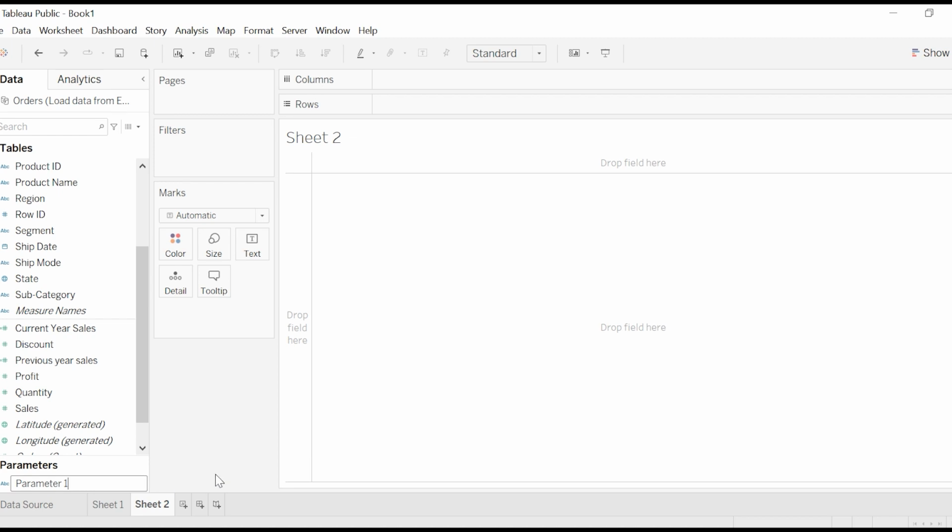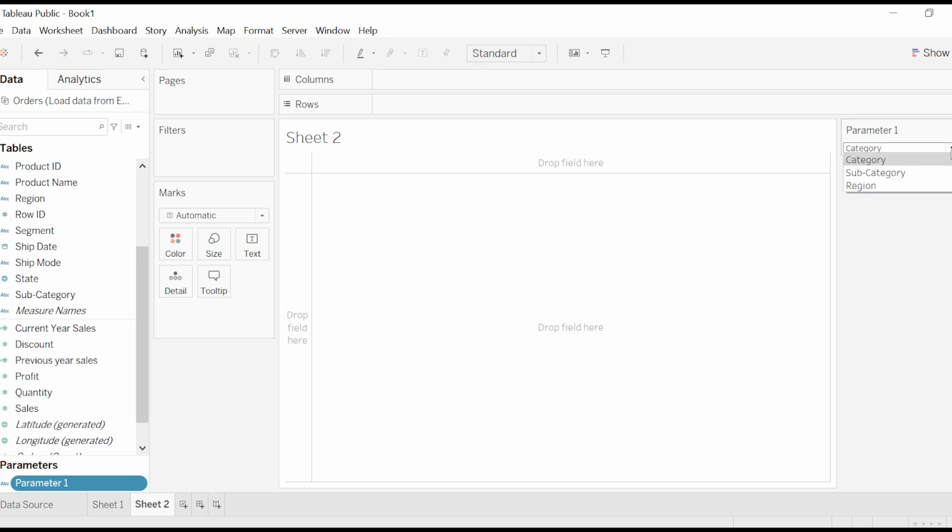So you can directly right click on this and you can show the parameter. So now I have got the parameters. The parameters are like dummy values. You will not get anything in return because you have just prepared a parameter and you have shown it. So you have to establish a relationship now with the help of a calculated field. So you can go ahead, you can